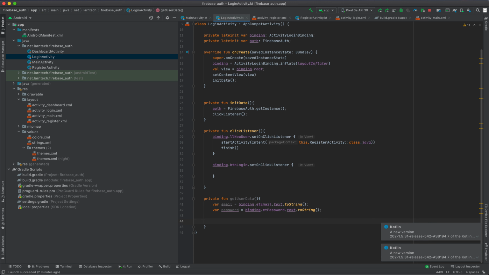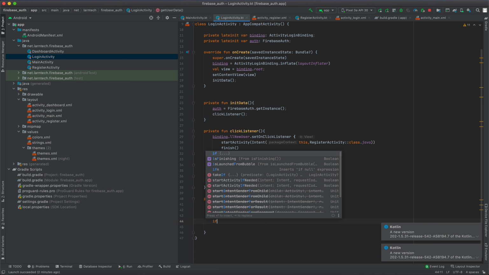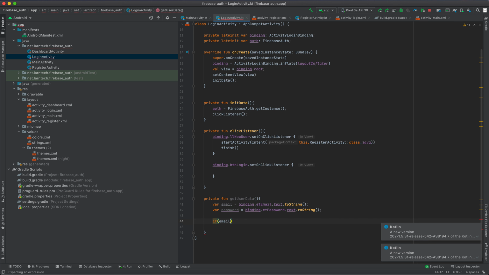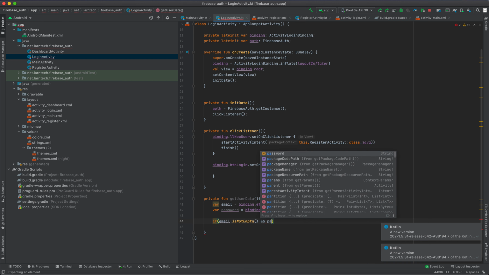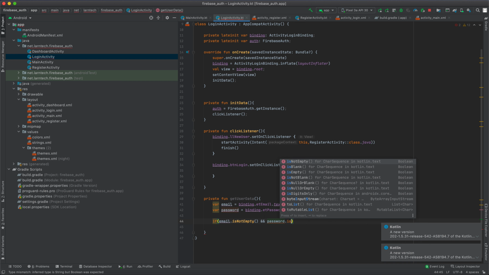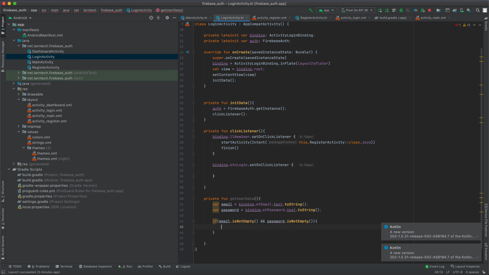I'm going to check if the user has provided them. If email is not null and password is not null, what we are going to do is authenticate the user,